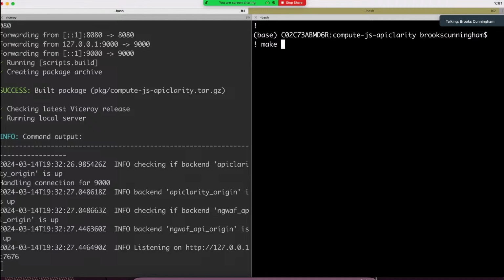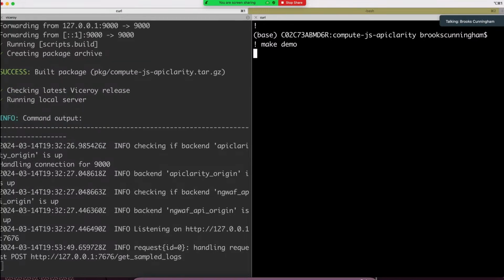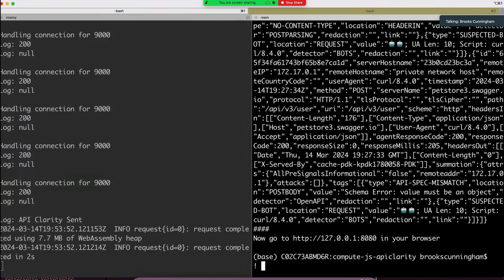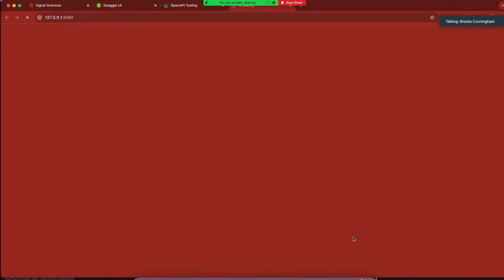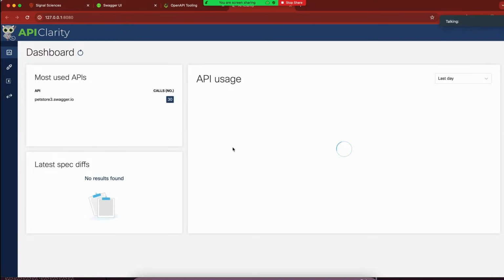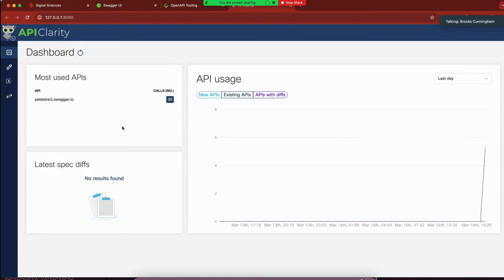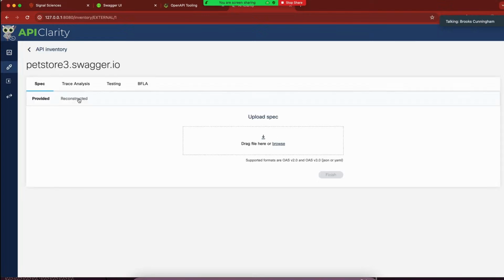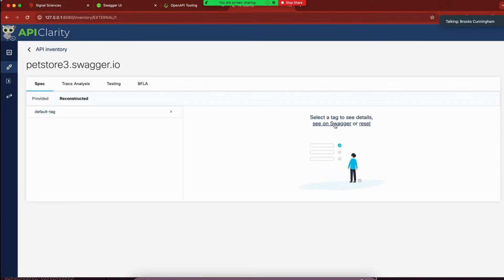I'm just going to do this command, make demo, and if all goes well, a bunch of requests are going to be sent over to APIClarity. Fantastic, looks like there were. I'm then going to open this up in my browser. And now I can see a number of requests were sent to my locally running instance of APIClarity to help construct this Swagger file. So I'm going to click into here, click reconstructed,